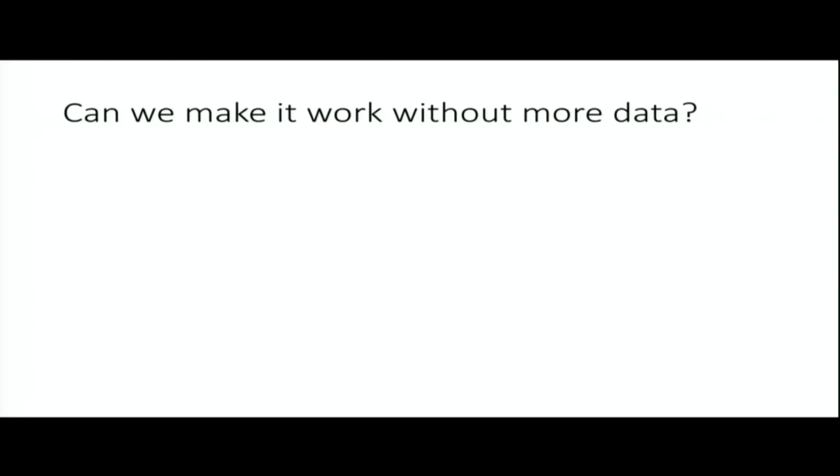could we make it work without more data? Can we make imitation learning succeed in situations where you don't want to have people go and retroactively relabel things? The short answer is that in the general case, no, we can't. But in practice, we very often can. And this is, by the way, a story that we'll see time and time again in deep reinforcement learning, that oftentimes the theoretical answer is no in general, but with enough effort and enough determination, you can get things to work in practice.